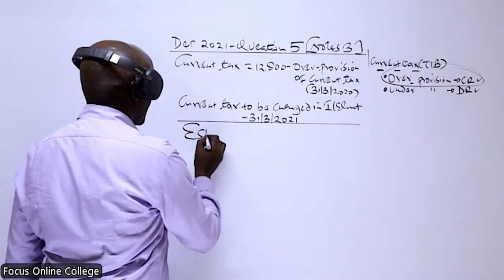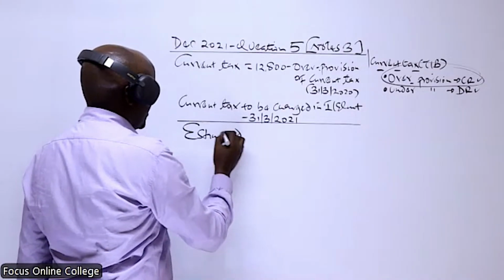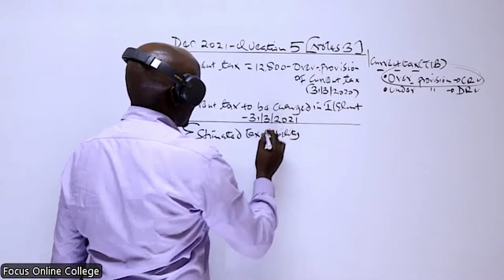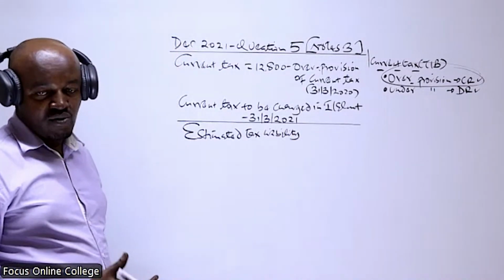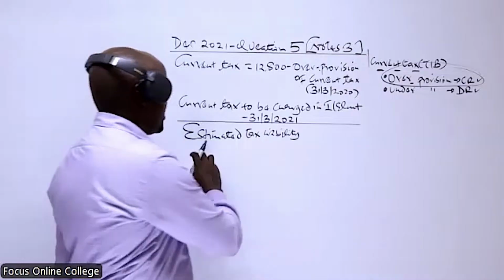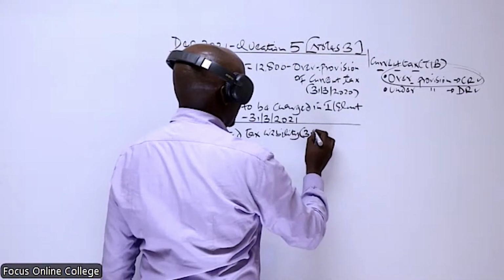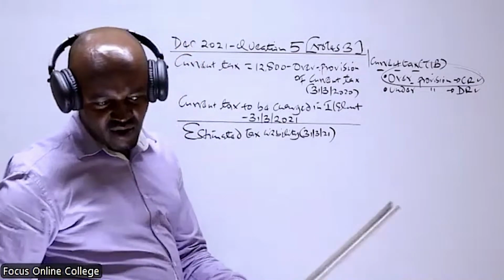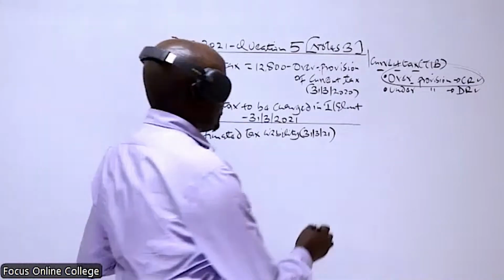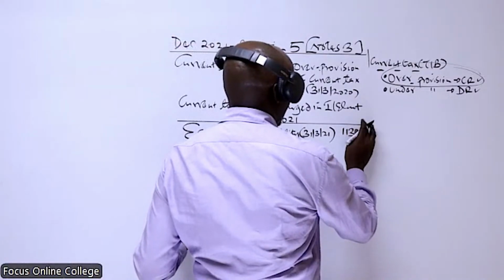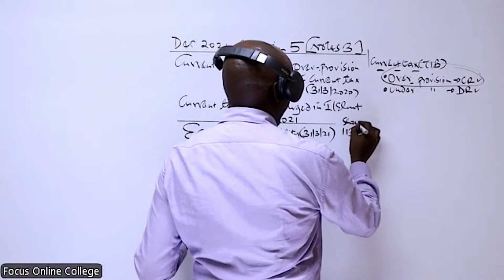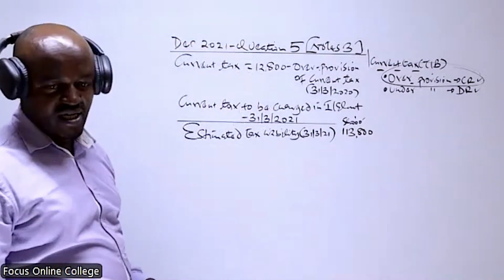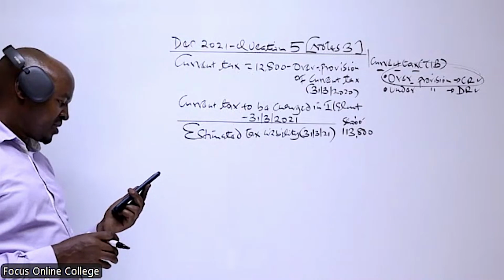One, we take the estimated tax liability. This is the tax the company estimated was supposed to be paid during the current year, the year which ended 31st of March 2021. In our case, in sentence number 1 of note 3, we are told that is 113.8. But the figures in the trial balance are given in thousands of shillings, so we need to be consistent. We take it in thousands of shillings, so it will be